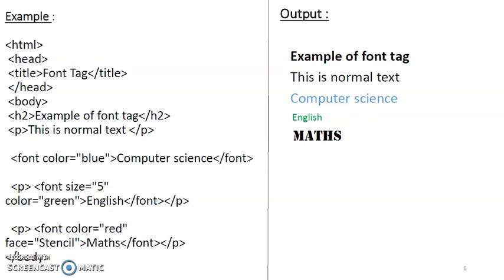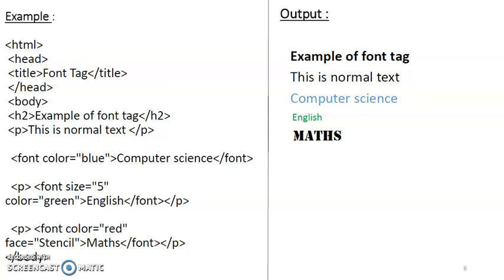It is your document heading, that is H2. After that you have a P tag, that is a paragraph tag. Then you mention font color is equals to blue and you write computer science in between the font tag. So you can see in the example your computer science is displayed in blue.